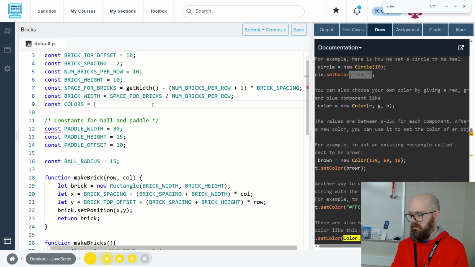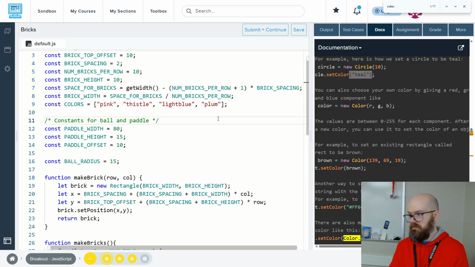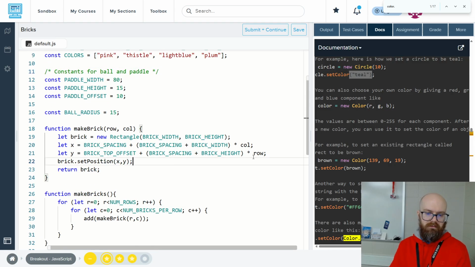Now you can use whatever colors you want, but I'm gonna go pink. I was checking earlier, there's one called Thistle, which is a very nice, mild color. There's a light blue, which we've definitely used before. And then I'm gonna go with a plum. So this is a constant, meaning it's not gonna change, but whichever one we use is gonna be different each time. So I think the first 2 rows are gonna go with the first one, and you could space it out if you like, whatever looks good. How are we gonna do that? Well, how about right